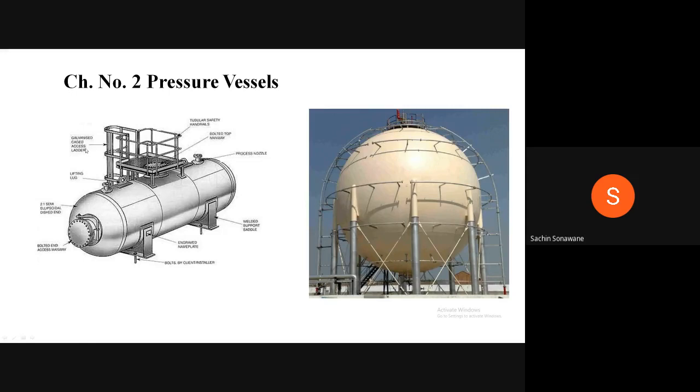Then this is a galvanized cage access ladder. This is the ladder of the pressure vessel, so that a human can climb on this pressure vessel. This is a horizontal pressure vessel. Now this is a spherical pressure vessel. You are observing these ladders, so that a human can move around and climb on this pressure vessel. At the top there is a manhole. Here at the bottom there may be a nozzle. This is the ladder. These are the vertical column supports.